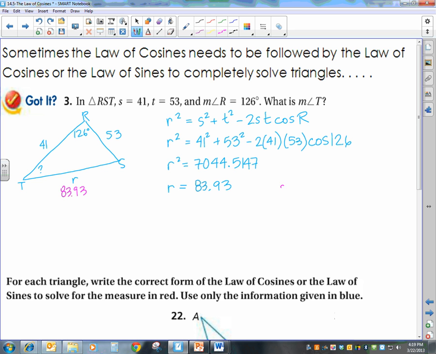So we're going to have the sine of 126 over 83.93 equals the sine of t over 53. My variable that I'm looking for is on top, so I can just multiply both sides by 53. So the sine of t will equal 53 times the sine of 126 all over 83.93. And that means that the sine of t will be equal to